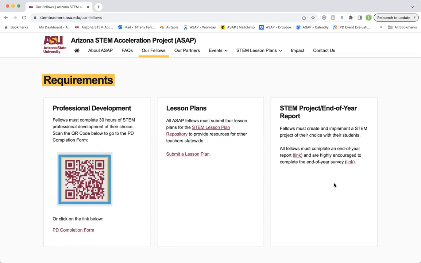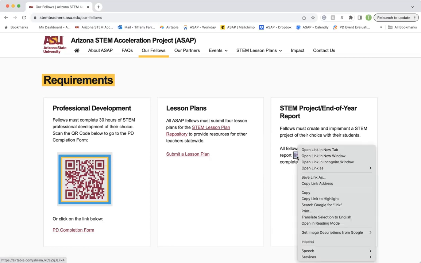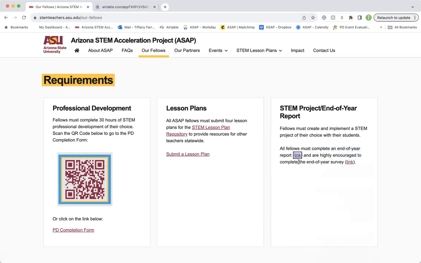And just to give you some background knowledge, I know that it also has a link here. It says it has the report link. I will take you there to see what it will look like. Now, disclaimer, I right-clicked it just to have it pop up in a new tab instead of taking away this page completely, because I'm going to come back and talk about the end of year survey. But first, in terms of the report,